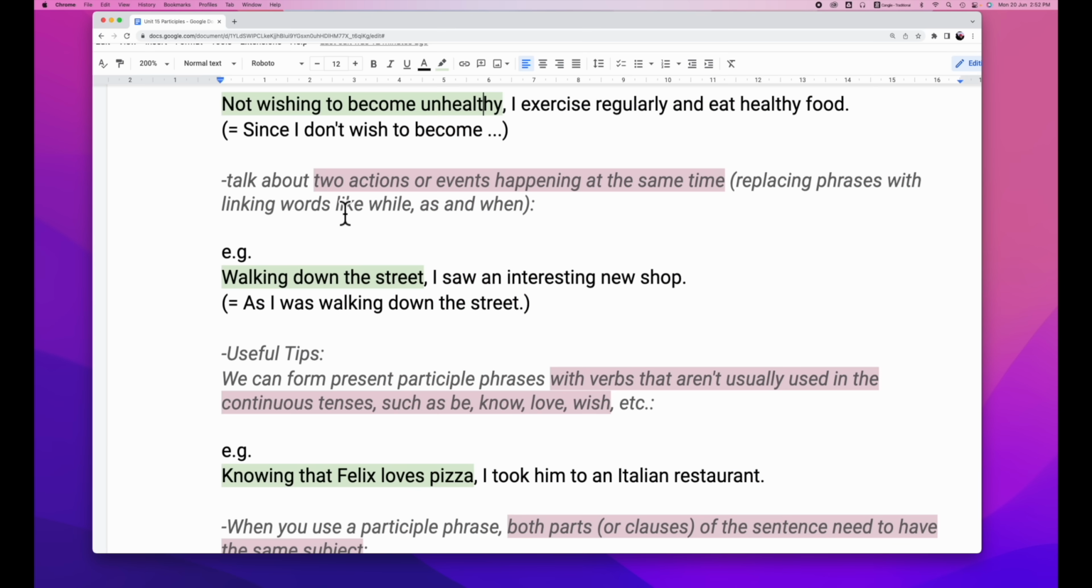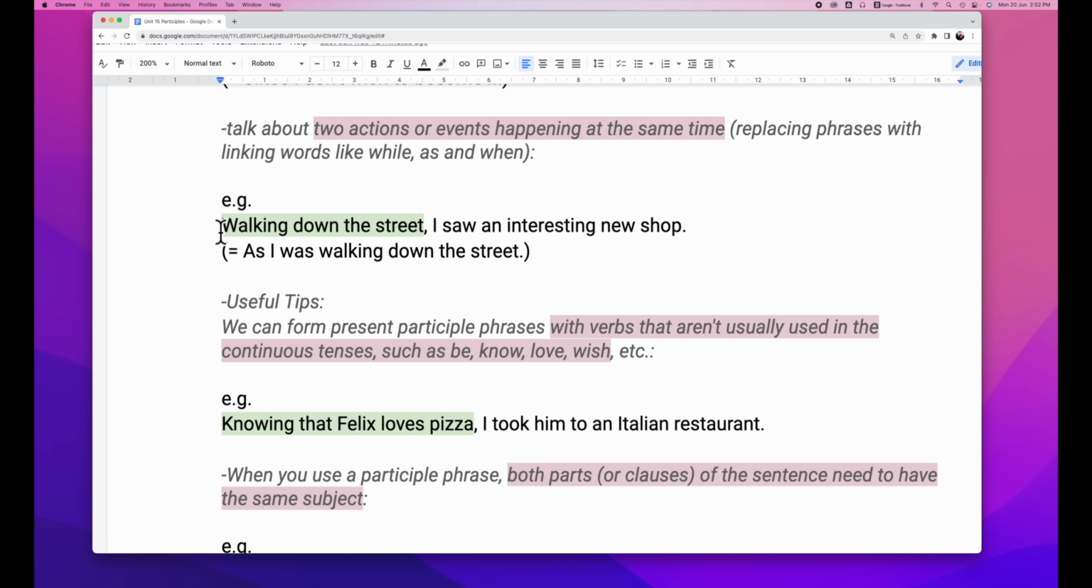There is another situation where we could use present participial phrases. Let's take a look. To talk about two actions or events happening at the same time, and to replace linking words like while, as, and when. Example: